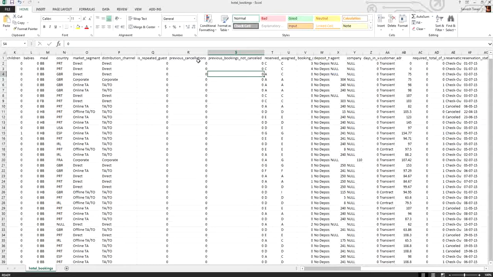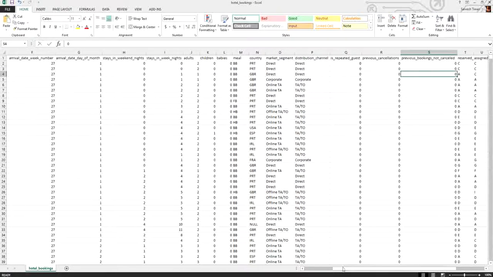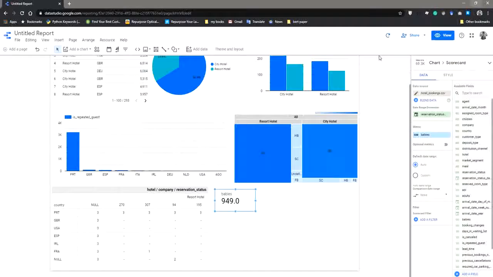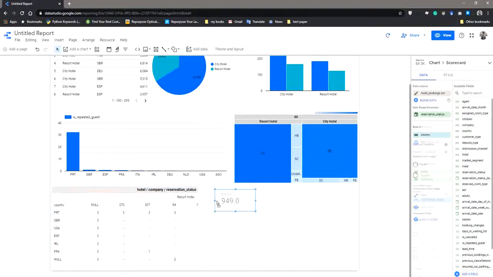If that is the count for babies, it is giving us a total scorecard of babies. So the dataset contains this many babies.